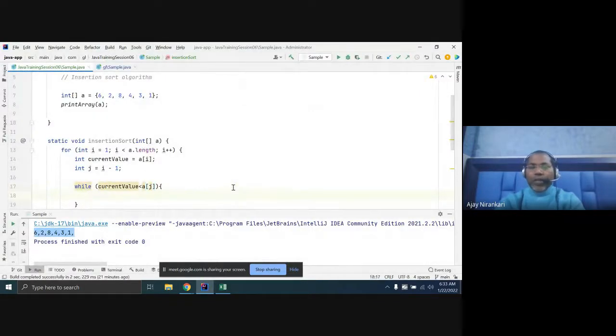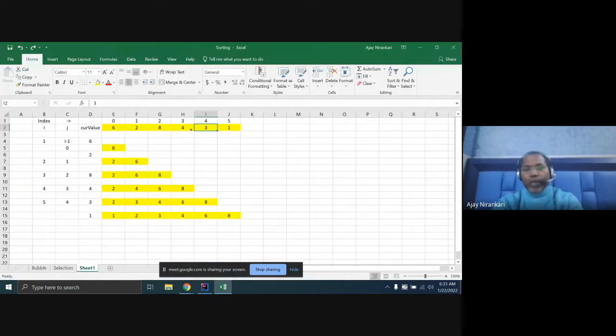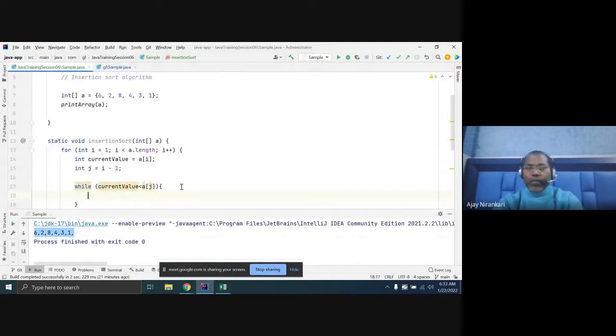And after that, what we are doing is copying this value to the next position. Like this 8 position value you are copying here. So how do we copy the data? Simply a of j plus 1 equals a of j.